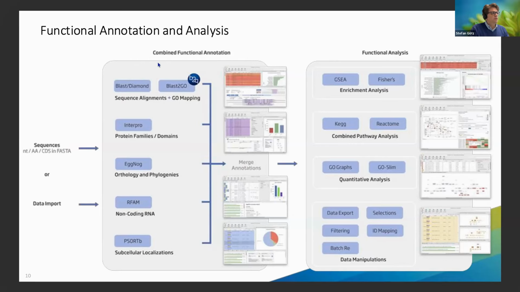And then you are able to run it through a whole battery of algorithms. There we have standard ones like DIAMOND BLAST or NCBI BLAST, or InterProScan for protein families and domains, or we have EggNOG for orthology and phylogeny, which got pretty popular for high throughput functional annotation. We have Rfam to identify non-coding RNA if you made your transcriptome from scratch. Or you have the subcellular localization support with which gives you some additional GO terms for the cellular component branch. Each of those steps has a lot of different visualization options, and everything can be merged into